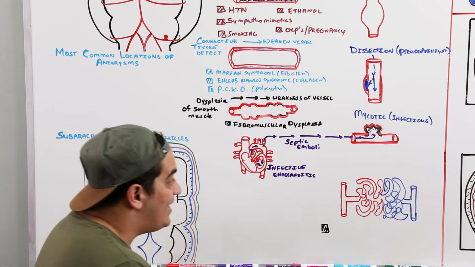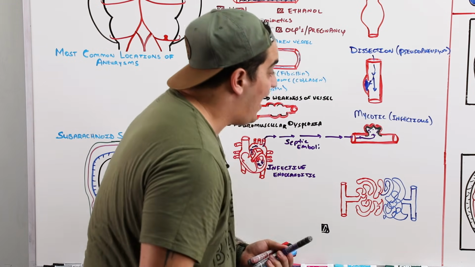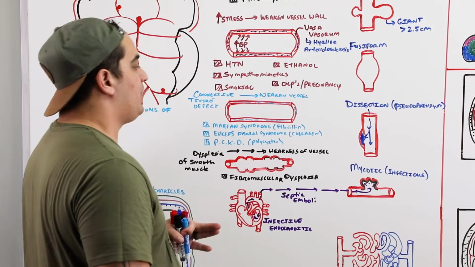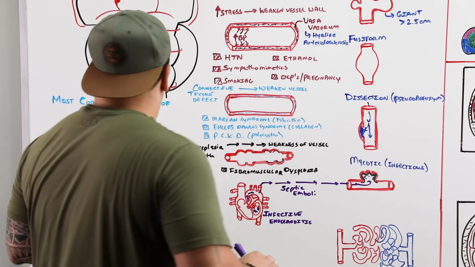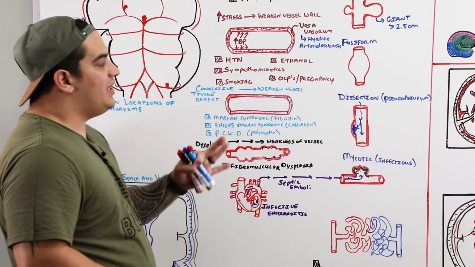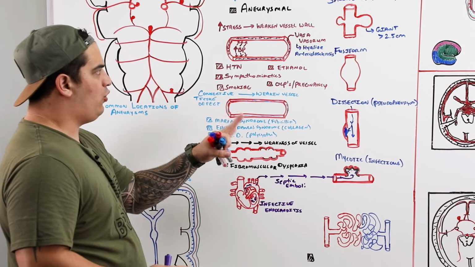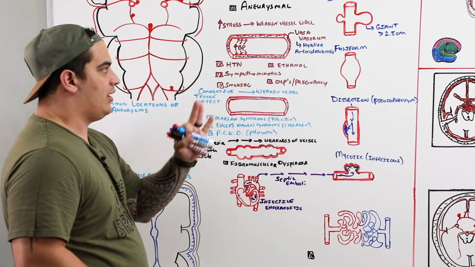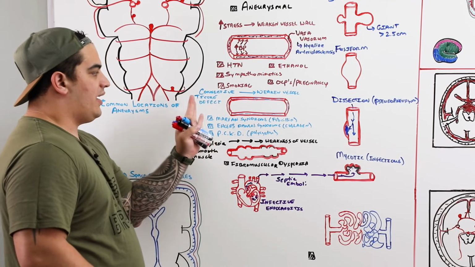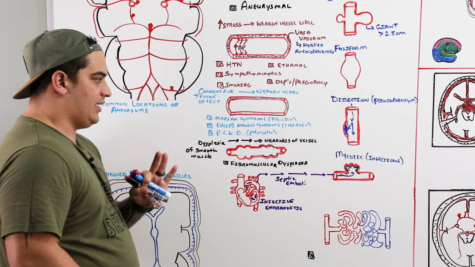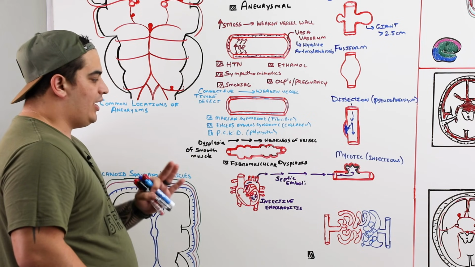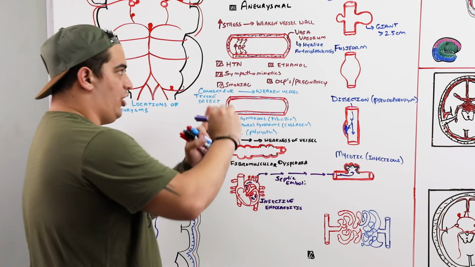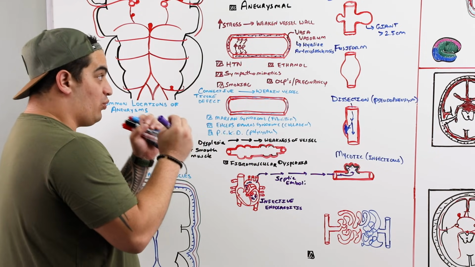That covers the basic things that I want you guys to know as risk factors, causes, and the basic pathophysiology of aneurysms. The next thing I want to talk about is we have a reason for these aneurysms forming, right? Big quick recap: stress on the vessel wall, hypertension, ethanol, sympathomimetic, smoking, OCPs, pregnancy, connective tissue defects like Marfan, Ehlers-Danlos, polycystic kidney disease, fibromuscular dysplasia, and lastly, infective endocarditis. These are some of the reasons we can form aneurysms and how we have an increased risk of those aneurysms